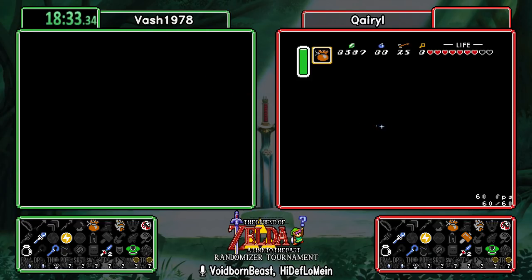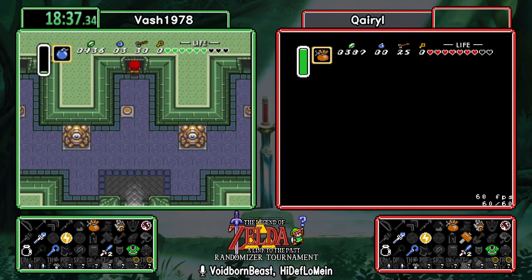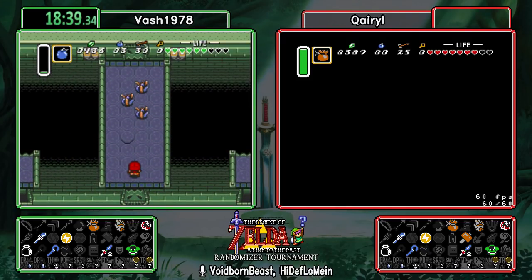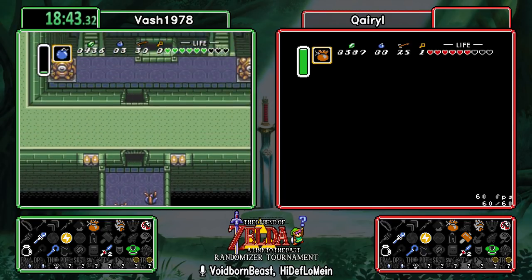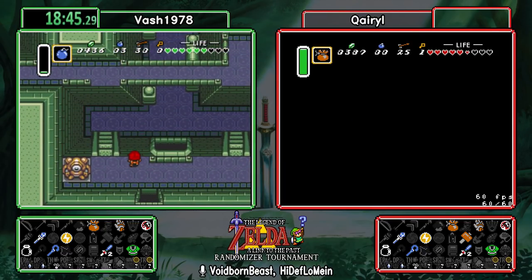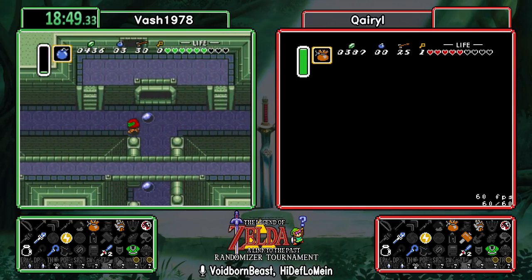And it looks like Vash is making the same play here, so just kind of see if and when their paths diverge here. It's a good thing that he's coming in here rather than trying to go somewhere else, though, because the hammer is right there on the ledge, so...